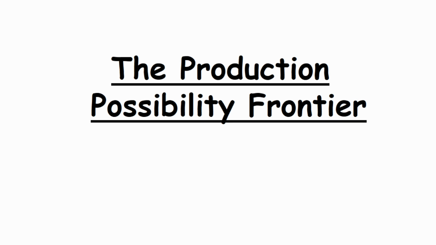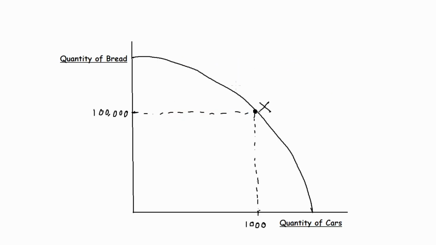As you can see here, I've drawn a simple PPF showing all the different combinations of bread and cars that a country can produce. For example, at point X, which I've marked here, the economy might be producing 1,000 cars and 100,000 loaves of bread. We should note that any point out here, such as here, represents a level of production that is